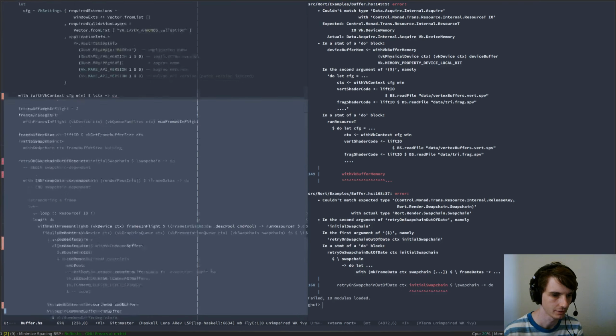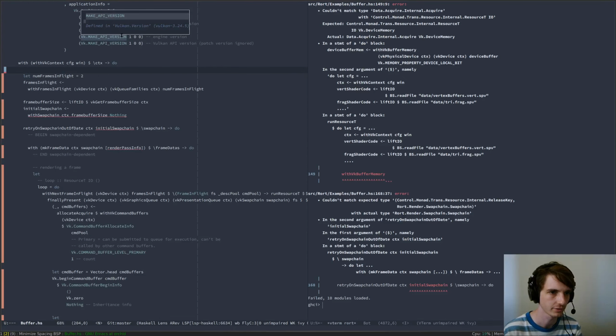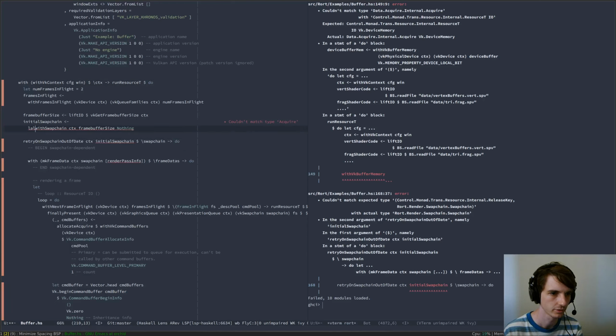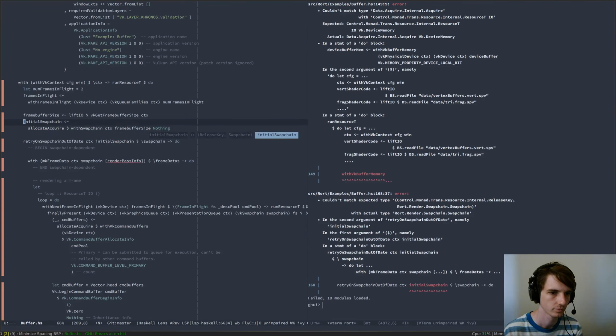So that's going to limit the context to existing just that block. And we'll make this a run resource T. We'll just allocate, sorry, yeah, we'll just allocate the initial swap chain in that resource T,